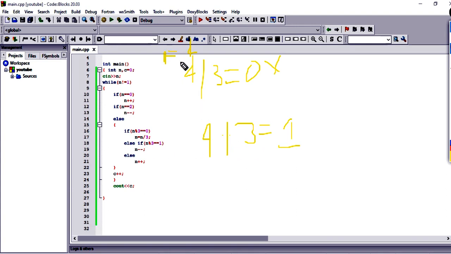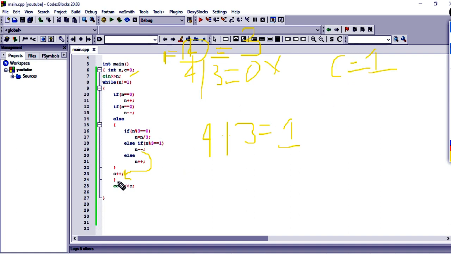So the number is 4, and when we decrease by 1, we get 3. After it we come out from the else block, and here we count. Initially c is equal to 0, so we just increment by 1.